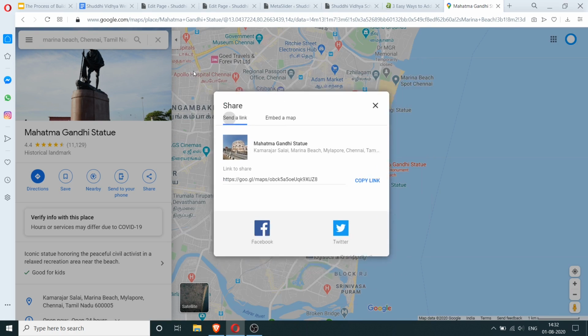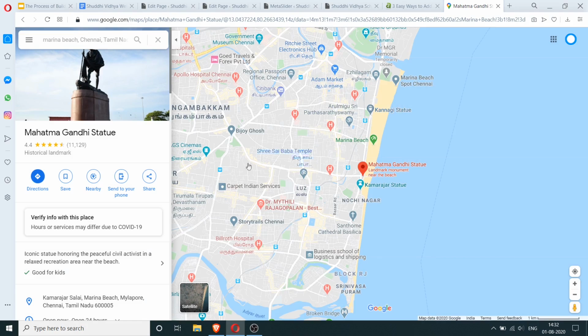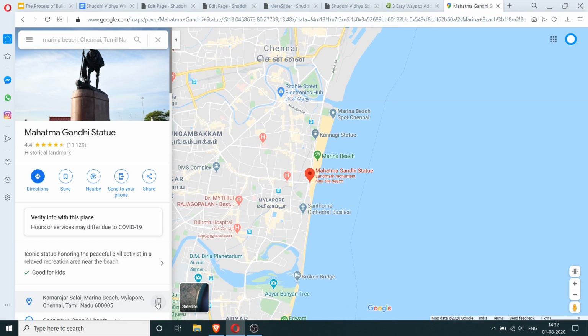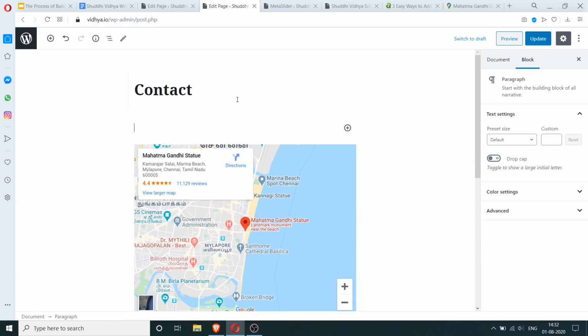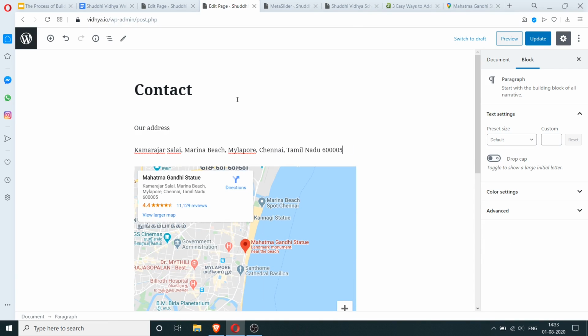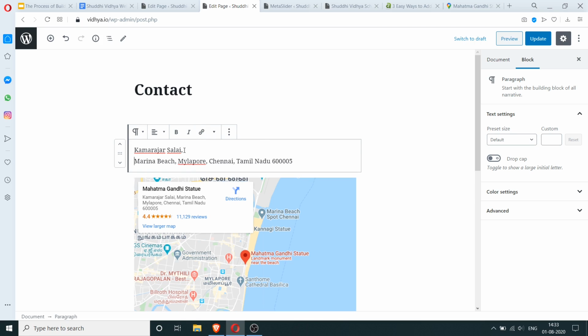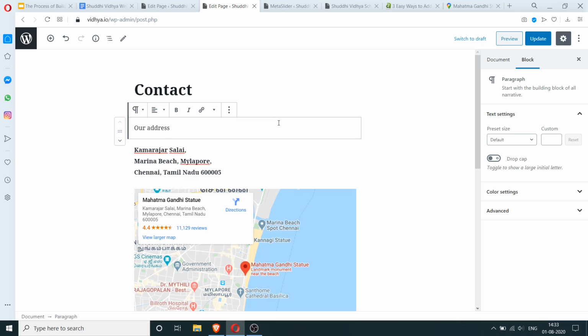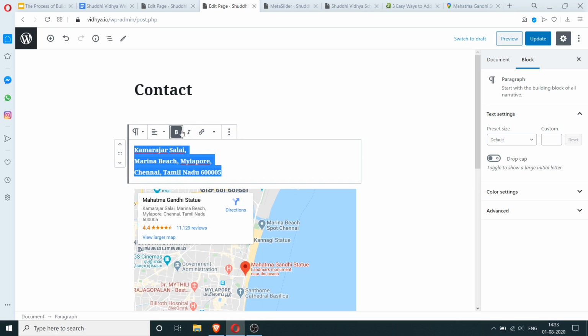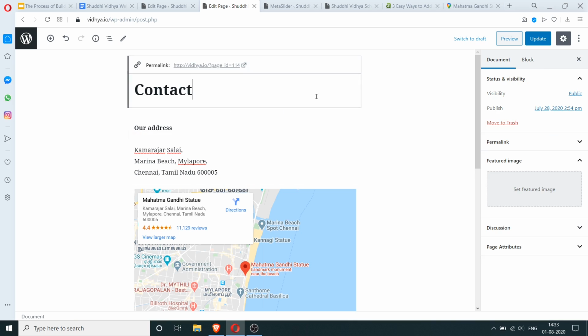One more thing we need to do is we need to copy the address. So let's say this is the address, and we're going to say okay.